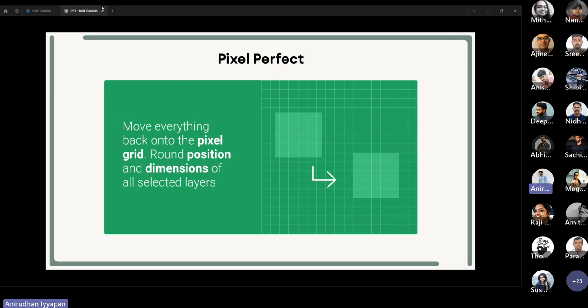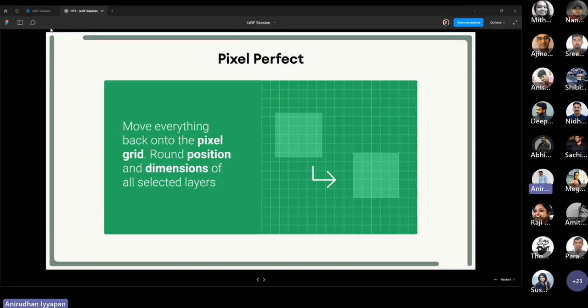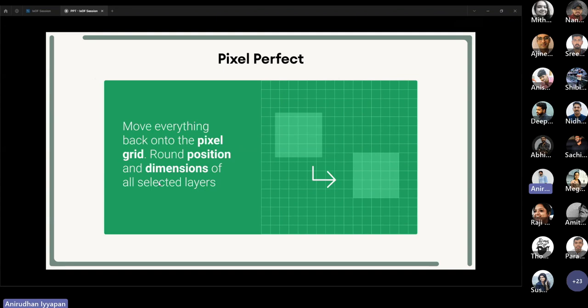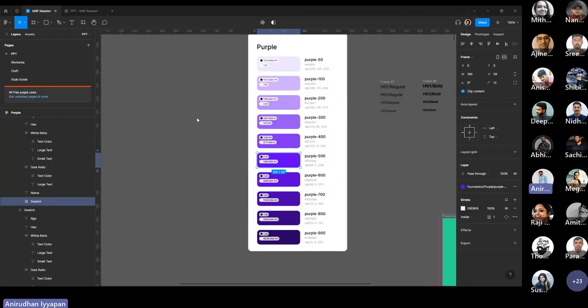To make the design a more completed, clean design, we may need to give the positioning in round numbers so that it feels balanced. These are minor things we may miss seeing, so we have to adjust them. So when we use this plugin,